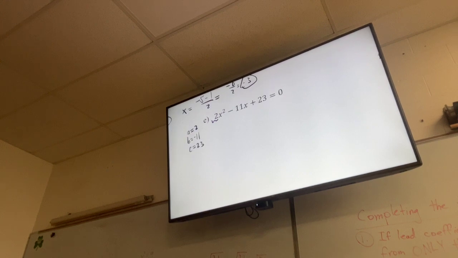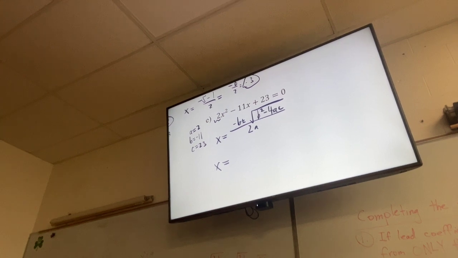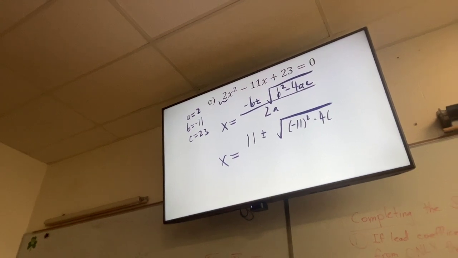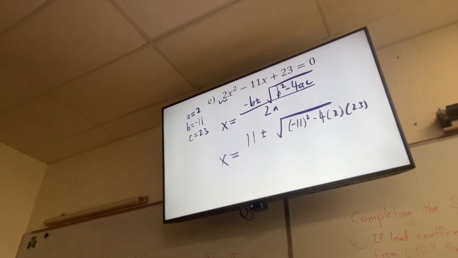So my quadratic formula: the opposite of b, plus or minus the square root of b squared minus 4ac, all over 2a. My answer is going to be the opposite of b. b is negative 11, so what's the opposite of b here? 11. Positive 11 plus or minus the square root of negative 11 squared. Big point I'm about to make here: that negative 11